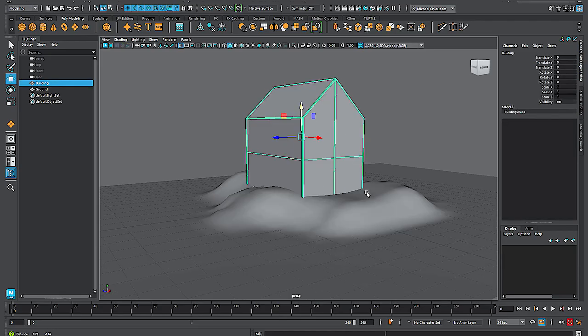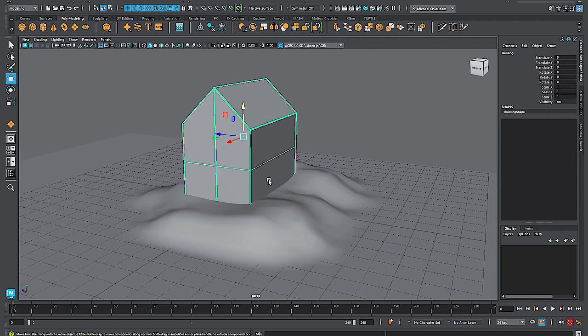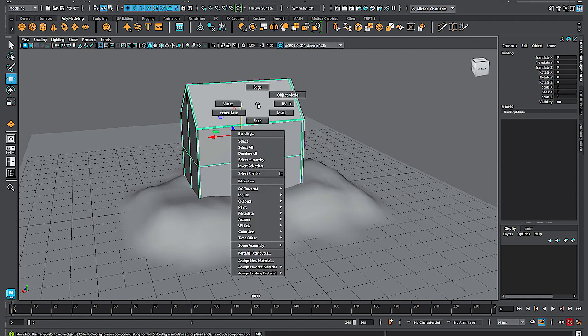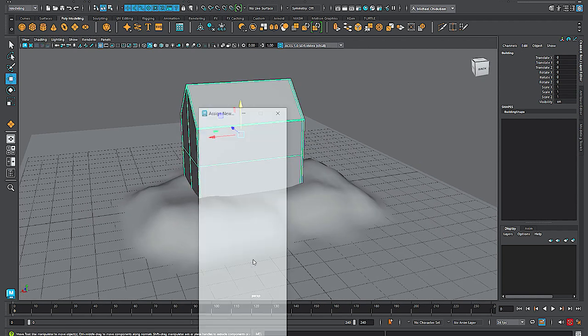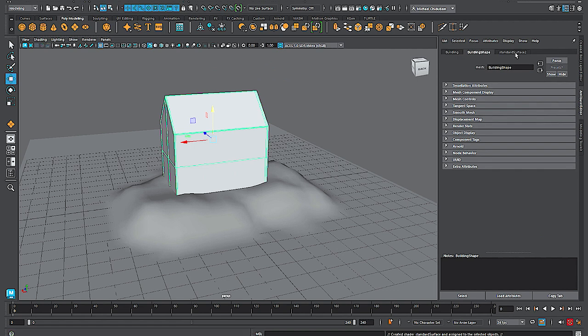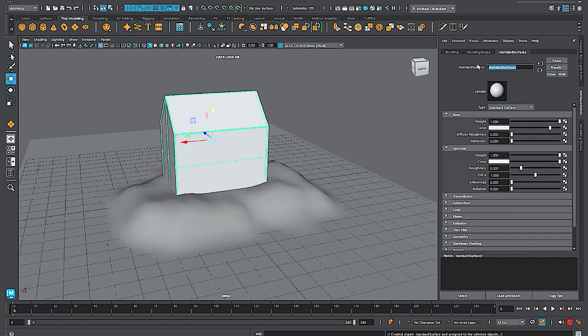So how do we apply those textures? With this building selected, I'm going to right click and I will say assign new material. I will choose the standard surface. I'll call it building because I like giving names to all of my assets. Now, instead of choosing a color under the base option, I'm going to click on the checker box here